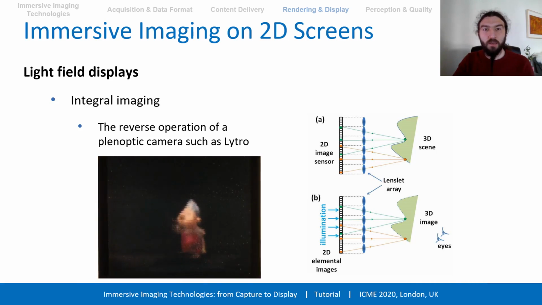As we mentioned in part 2, the 3D scene can be recorded as light fields with lenslet arrays. Using a similar lenslet array mechanism, these recorded pixel values can be projected back to the 3D world, forming a 3D image hanging in the air. This process is called integral imaging, and it is essentially the reverse operation of a plenoptic camera such as Lightfield. Nevertheless, there is a caveat. This 3D image is formed at a fixed distance, as the light rays from the display would only converge at a single location. Therefore, the viewers need to be looking at the display at this fixed distance to see the